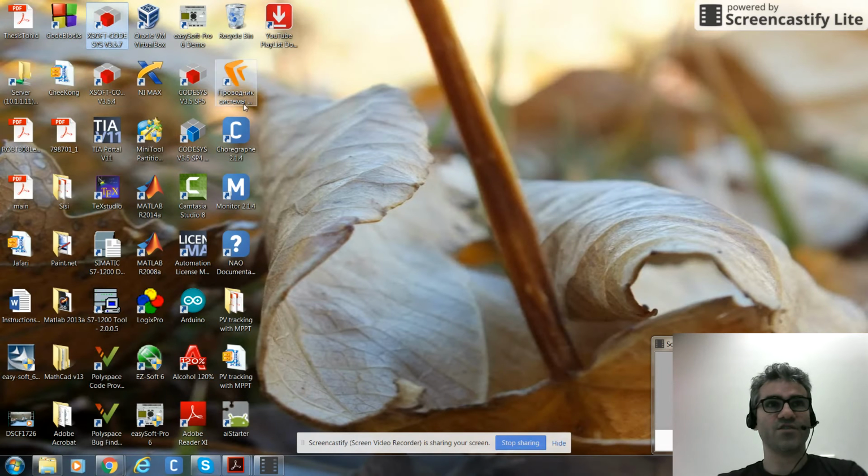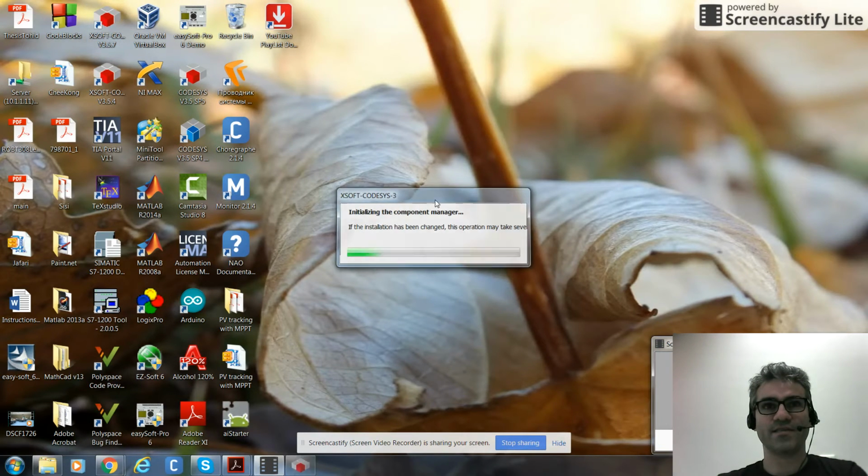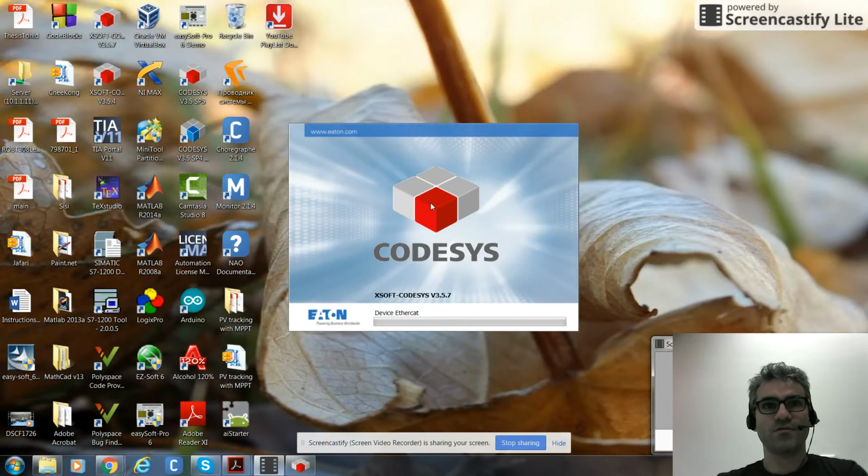I have different versions of the CODESYS, but I'm going to create one project using this version of the CODESYS, 3.57. If you double click on the icon, you will see after a while that the CODESYS starts to appear on your desktop. So we need to wait for it to initialize,